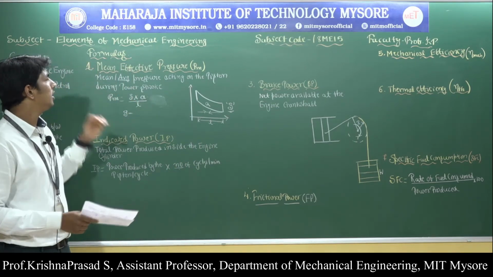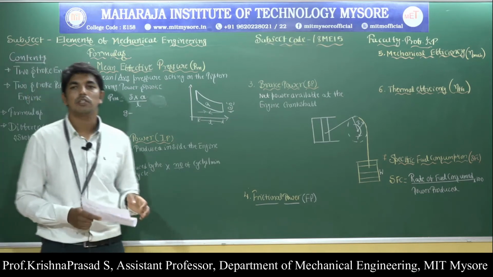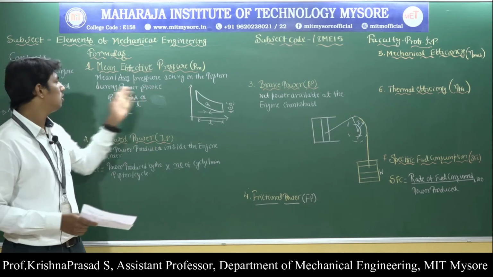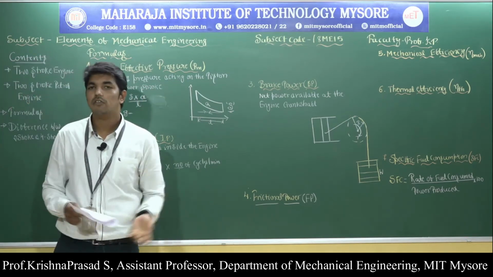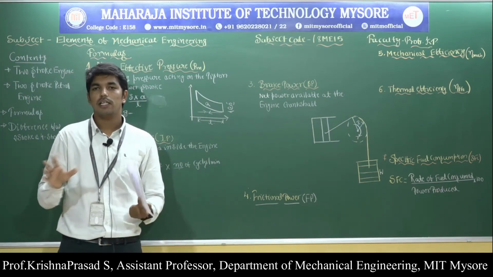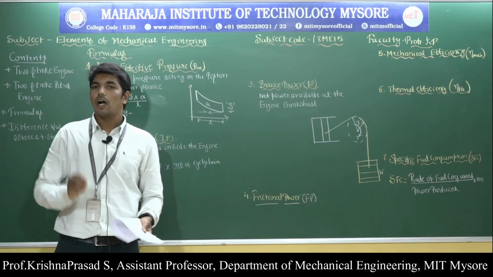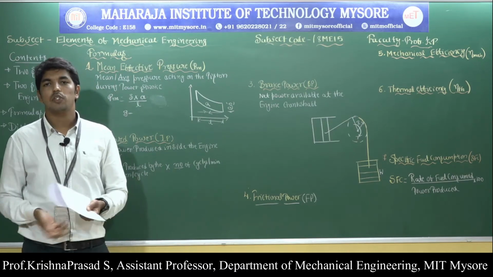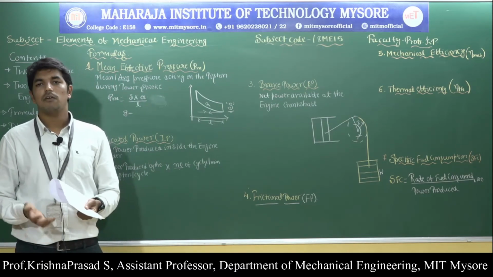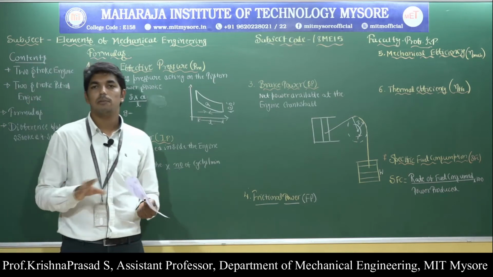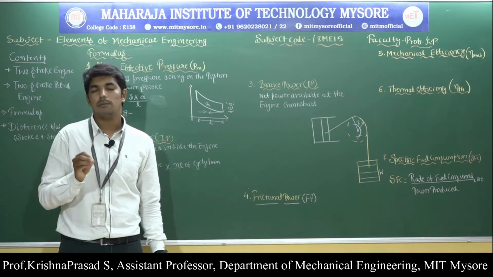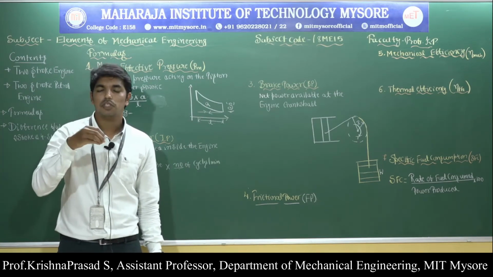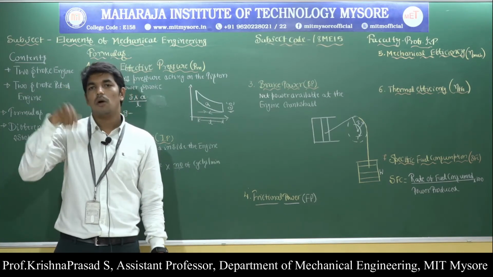The very first important thing is what is meant by the mean effective pressure. Mean effective pressure is nothing but the mean or average pressure acting on the piston during the power stroke. During the power stroke, the inlet and exhaust valves are closed, and at the beginning of the power stroke the air-fuel mixture catches fire from the spark plug, hence power is developed. The fuel completely burns, and the high pressure and high temperature of the burnt gases exert force on the piston, pushing it from top dead center to bottom dead center.